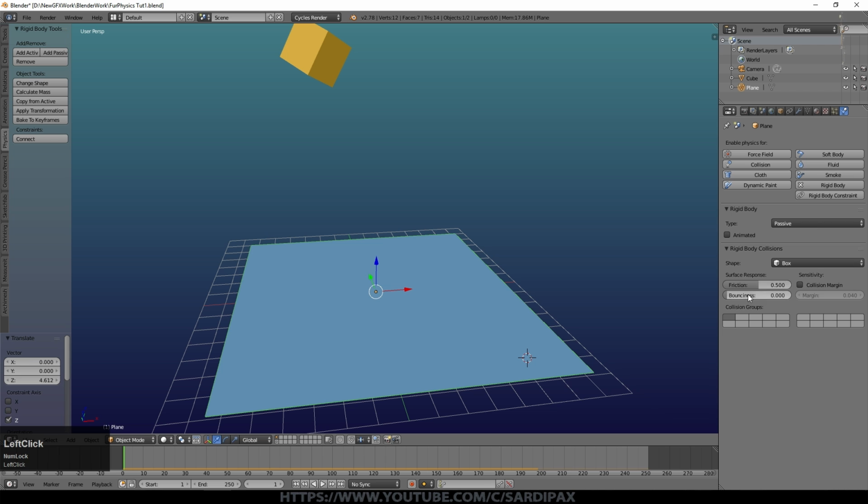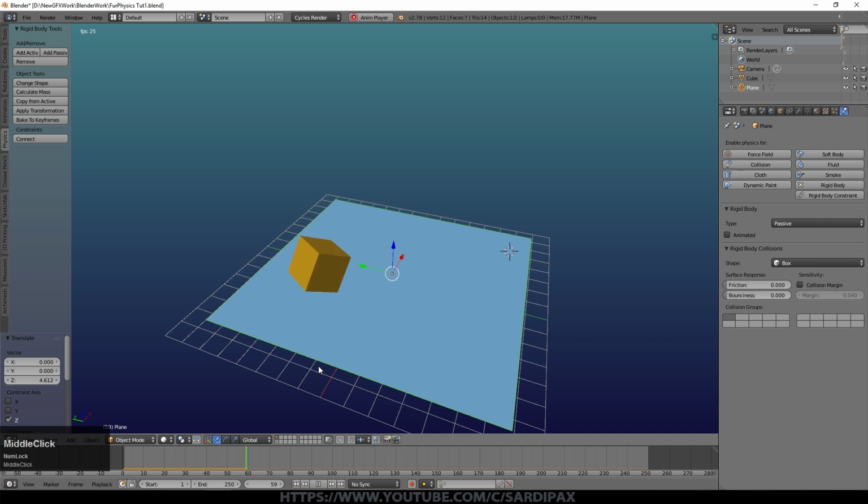So then we can also affect things like friction and bounciness. So if I turn friction down to 0, and we'll kick off the animation again, you can see we get a bit more spinning because there's no resistance to slipping one way or the other. Or I'll put friction right up, and now you can see that slight rotation when it hits gives it some force. So we'll put it back down to about middle, and we'll turn bounciness right up.